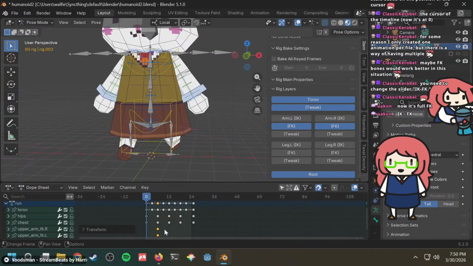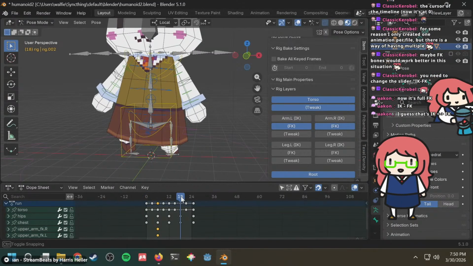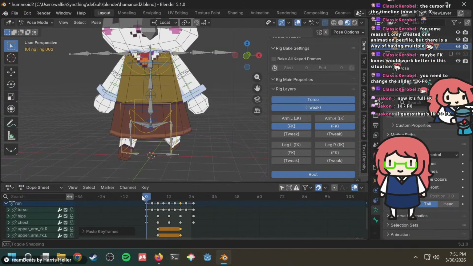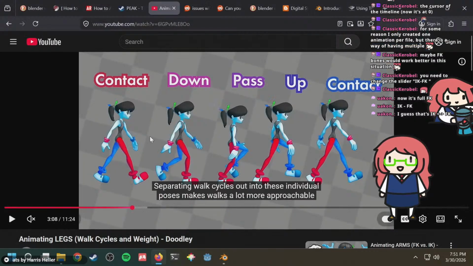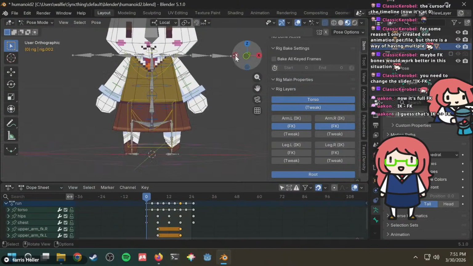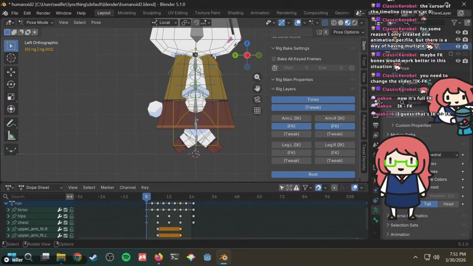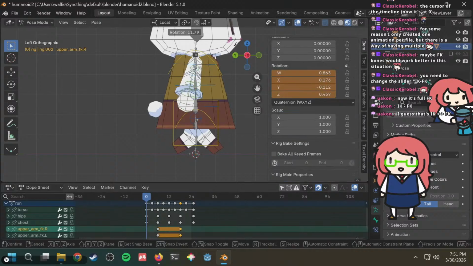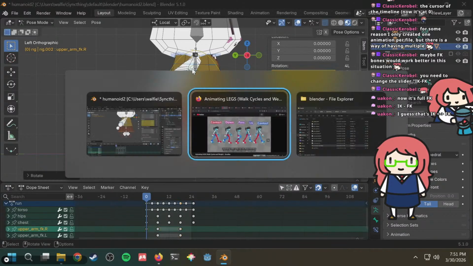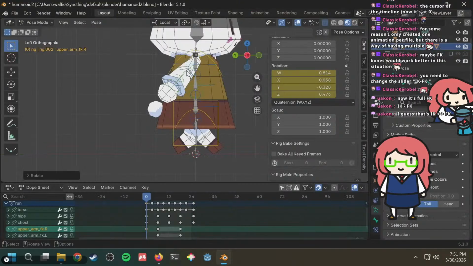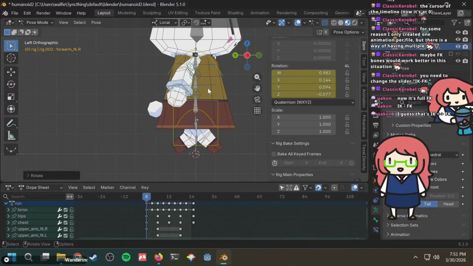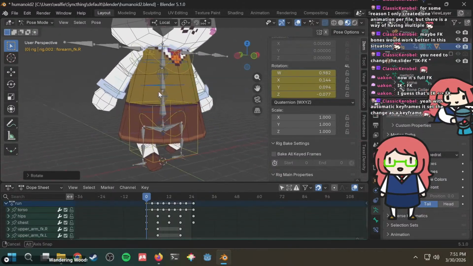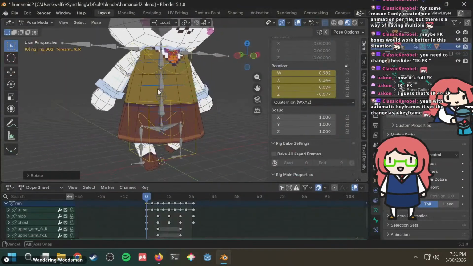All right, then you copy this, you paste it here. All right, so now it should be a bit easier. Let's go here. Let's rotate this one back. Rotate this slightly. Yes, yes.